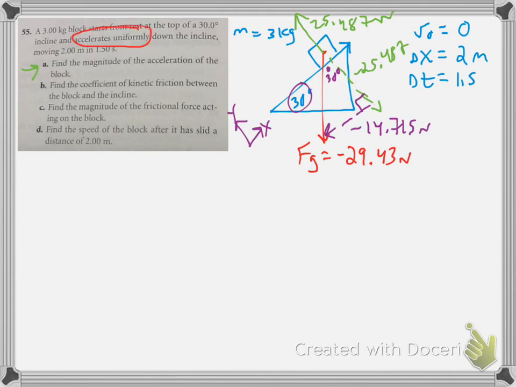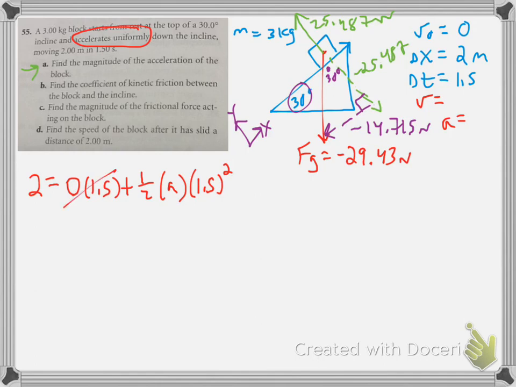That reminds us that we have to do kinematic equations. So I don't know the final velocity, and I don't know the acceleration. So what can I use to find that acceleration given the initial velocity, the change in distance, and time? Yeah, it's the classic